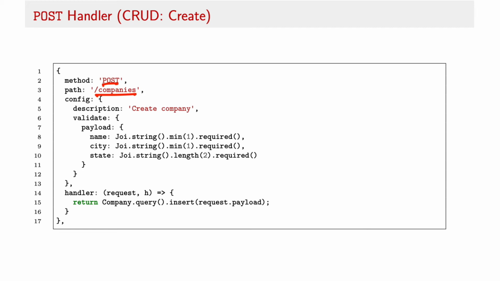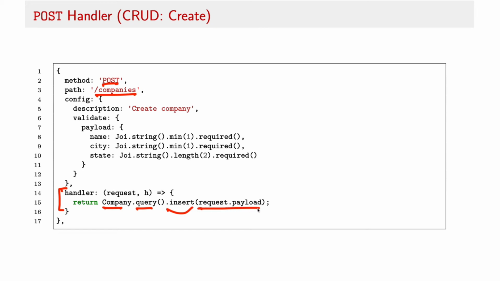The business end of the function here in the handler function is straightforward. We're using the company model class inherited from objection. We're invoking its query method, which gives us access to the underlying connects object. And then we're invoking the insert statement on that object and supplying it with the payload that we receive from